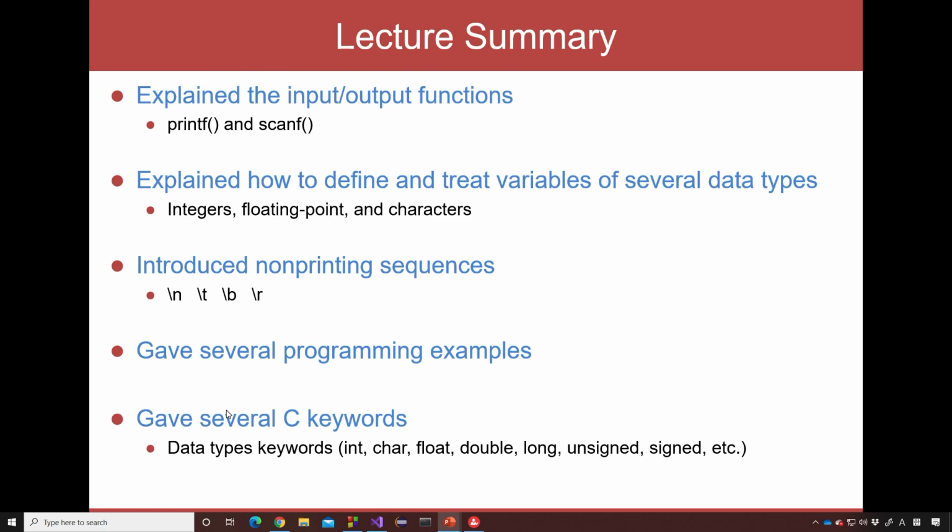And also we saw several examples during the lecture. So I really urge you to practice these examples before you start the assignment. And the assignment for this week is already posted in iCampus. Check it, and